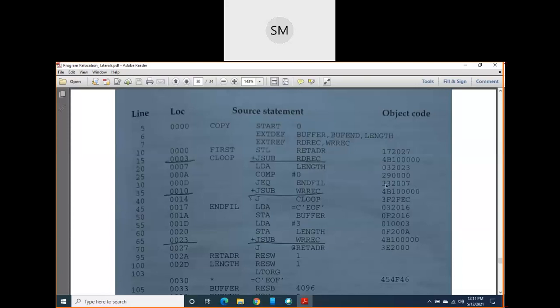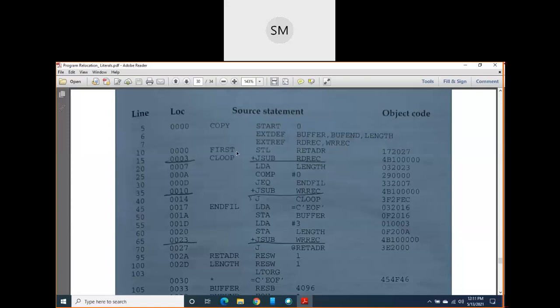But be very careful here. Just now I told you, keep in mind that I am working on control sections, and keep in mind that earlier I was working on program blocks. When working on program blocks, I already showed you one example, LDA LENGTH or something, correct?